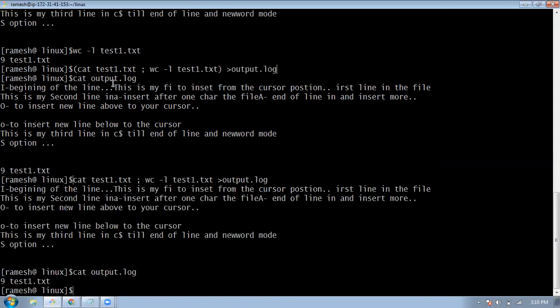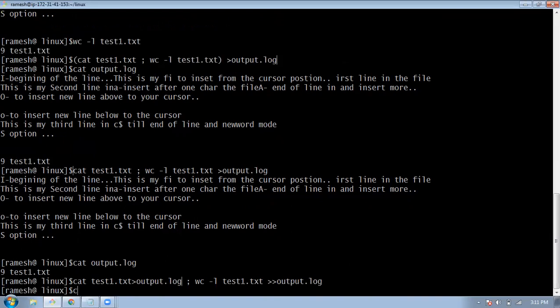So this will help you send both commands' output into your file, or otherwise you can do it like this also. You have to write it two times in this case, and then you have to append your output here. Like this you can write it. In this case it will work.